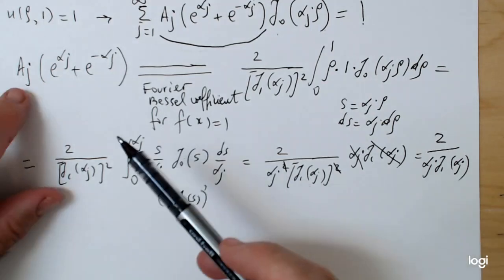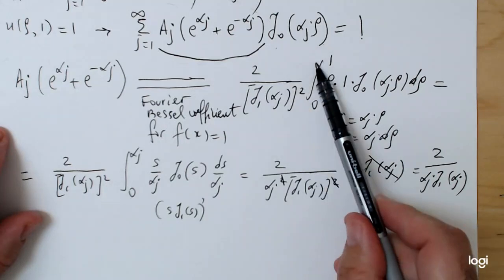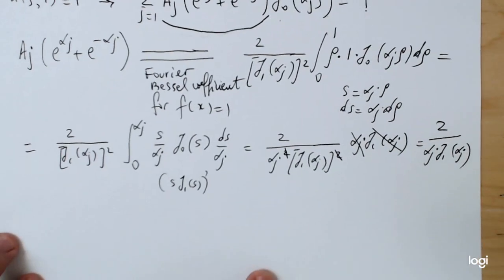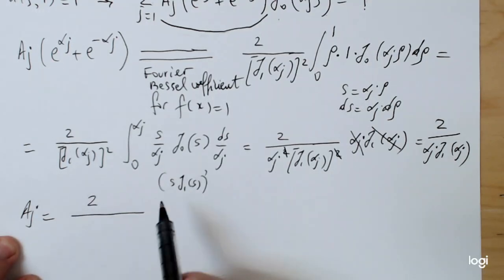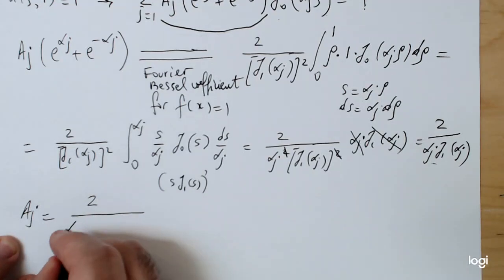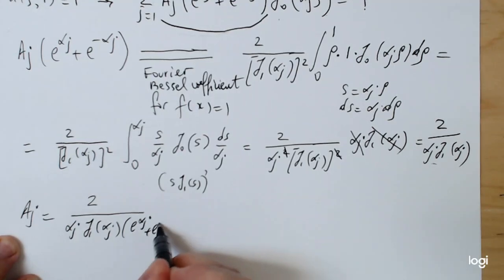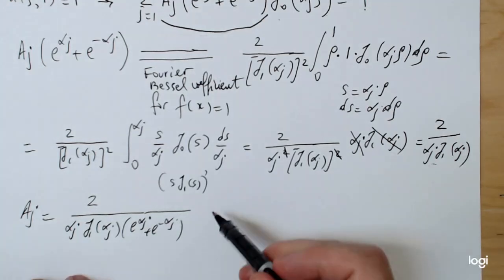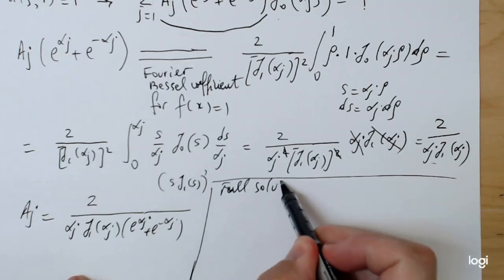Remember, this is not a_j, right? This is going to be the whole coefficient of J0 of alpha_j rho in the solution itself. The actual a_j, which comes in the end in the solution, is going to be 2 over this divided further by this. So it's going to be 2 over alpha_j J1 of alpha_j, times e to the alpha_j plus e to the minus alpha_j. And you have actually similar problems in the homework, right? And if you plug it back into the full solution to the problem,